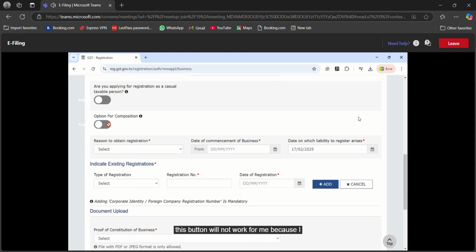But right now, this button will not work for me because I already have another registration against which I did not apply for composition. So whether to go with composition scheme or not is on PAN basis. In a particular PAN, if I have multiple registrations, for each and every registration, if I'm going with composition, then it is only possible. If I want to apply for composition on a selective basis, it is not possible. That's why, since I already have another registration which is not under composition scheme, I am unable